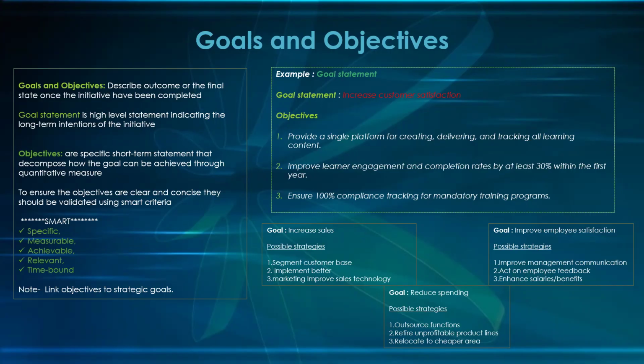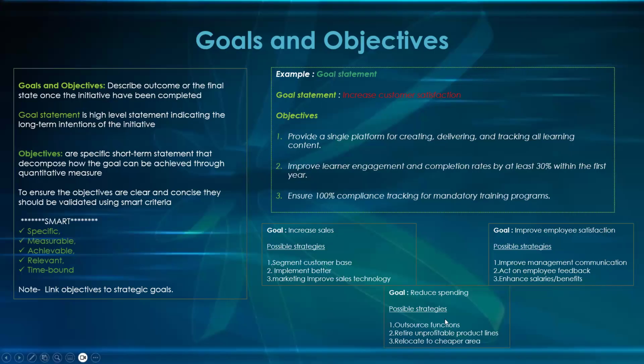Improve management communication. You always give feedback. You always communicate. Whatever is changing, you're telling your employees. So your employees are always informed and they're happy because they're not stressed that they don't know if their work is going to be taken from them tomorrow. So you can see all these three strategies align with the top goal.